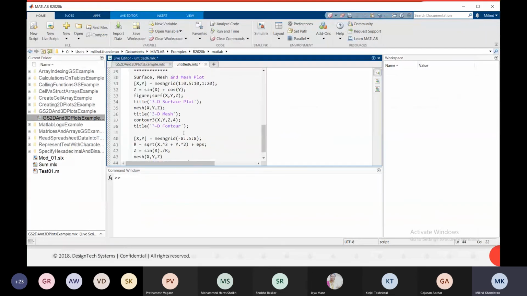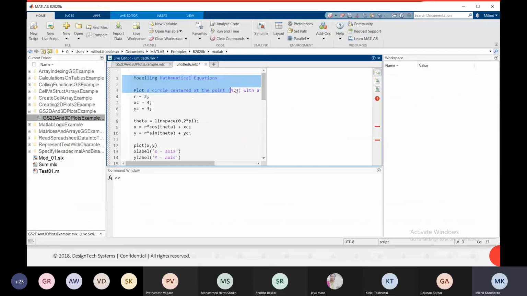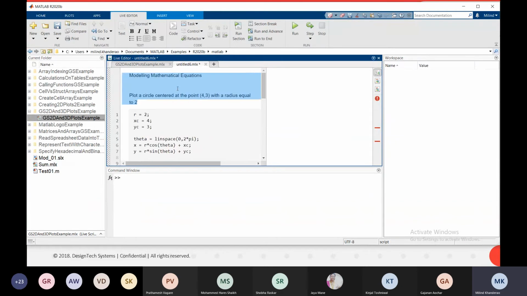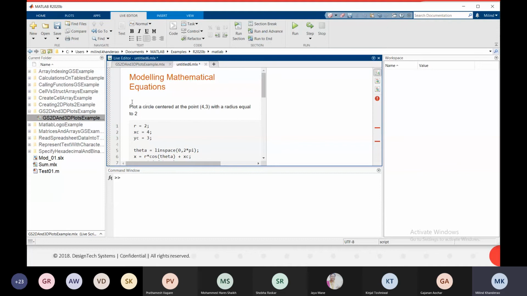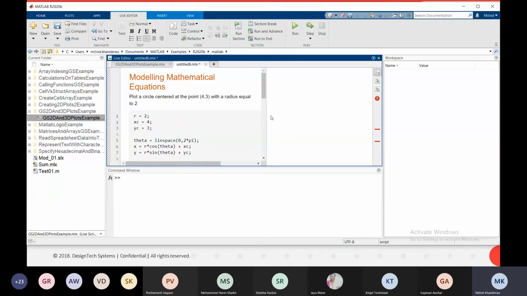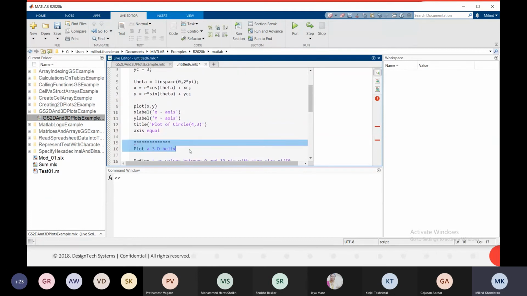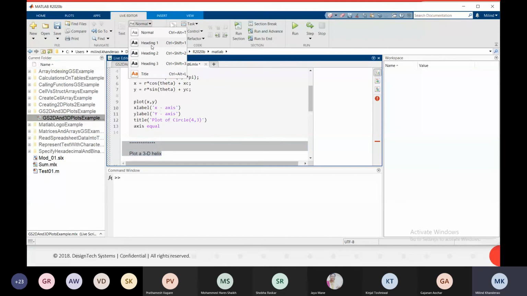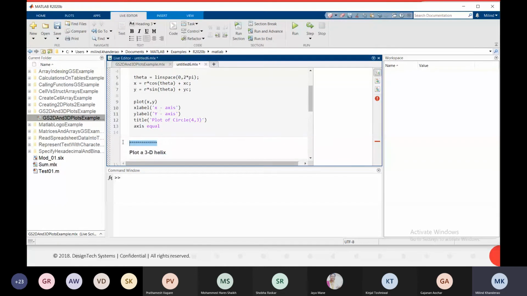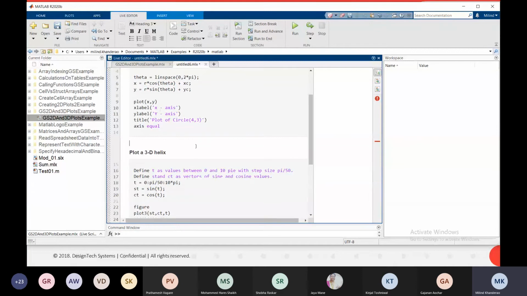So this is particularly a text heading, and this is information, and this is the particular. Now this is also a heading.